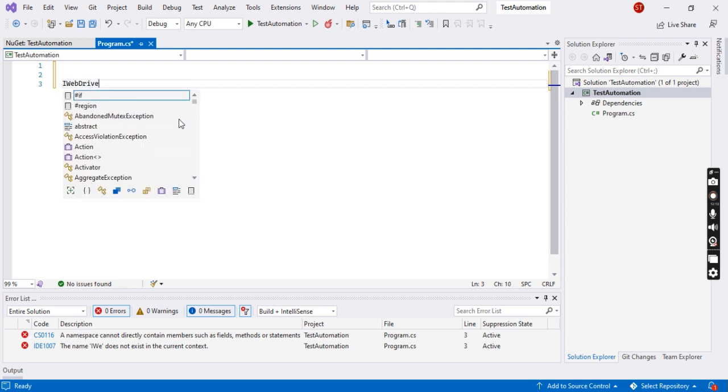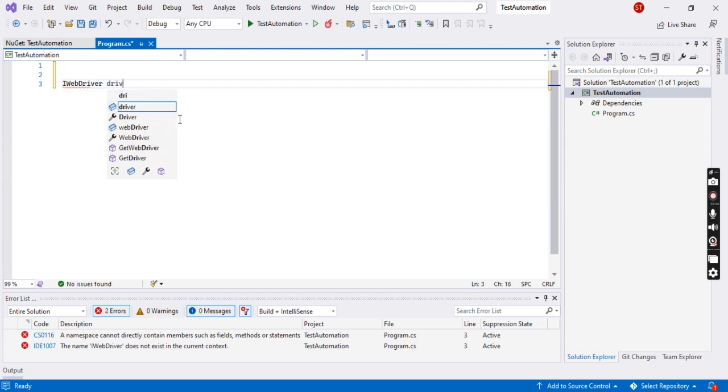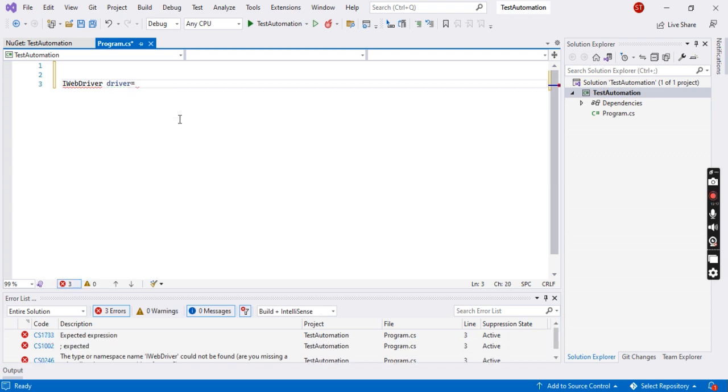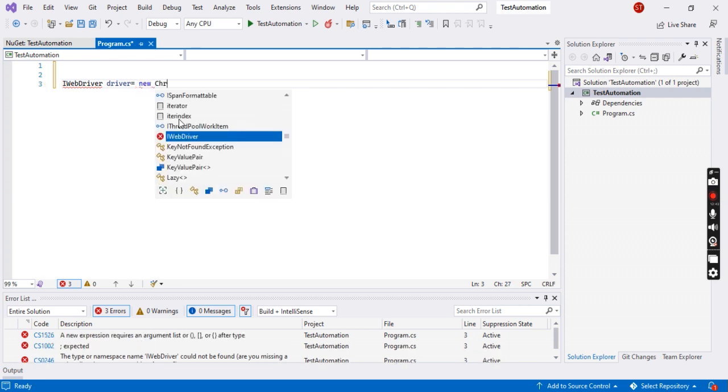To launch any browser, we need to create an instance of that browser. So how can we create that? In our yesterday's session, we discussed the IWebDriver interface. IWebDriver is one of the most important interfaces and directly deals with the browsers. So to create an instance of any browser, we'll have to create an instance of that driver. So here I am using IWebDriver driver and I need to open Chrome driver. So I'll use